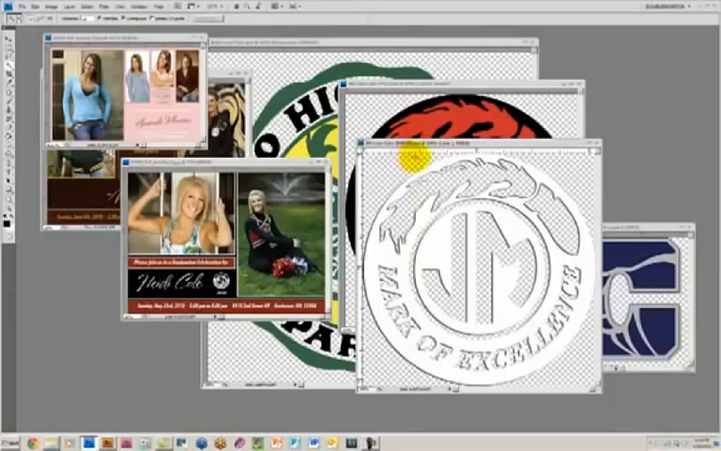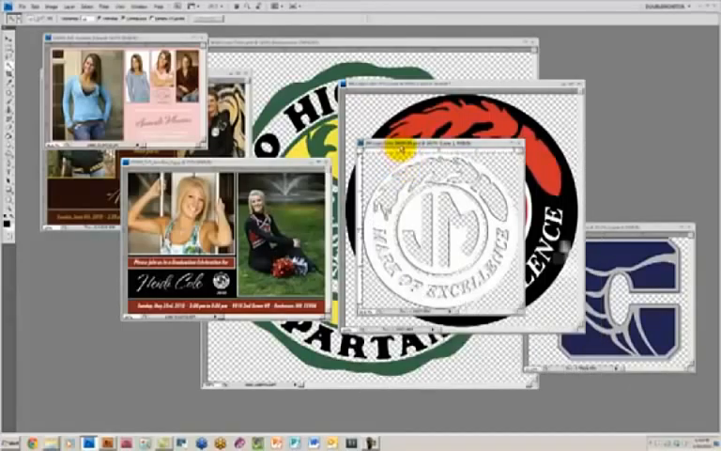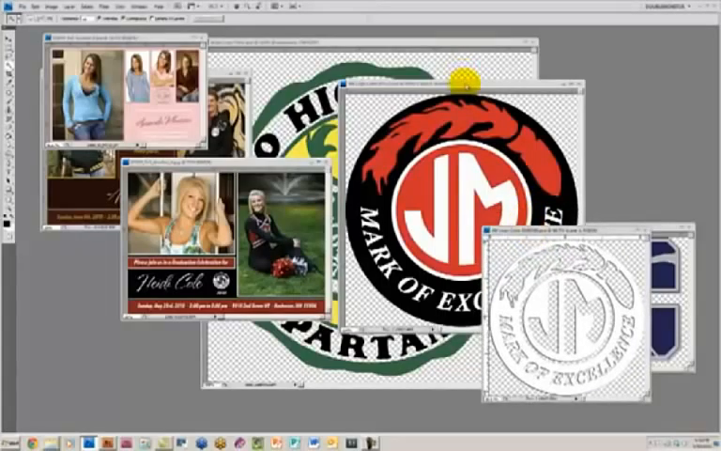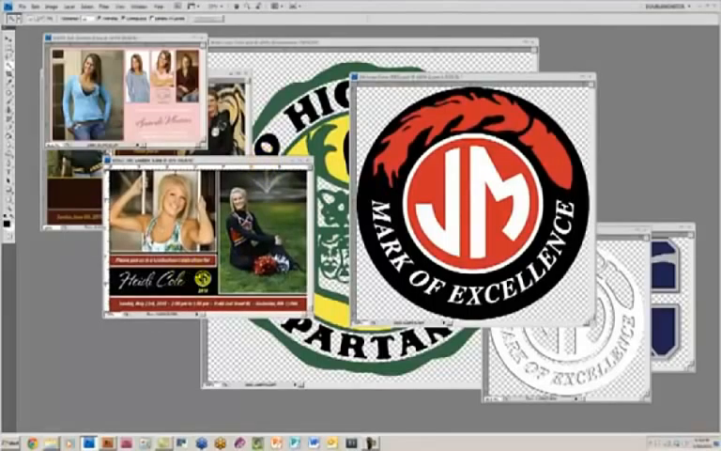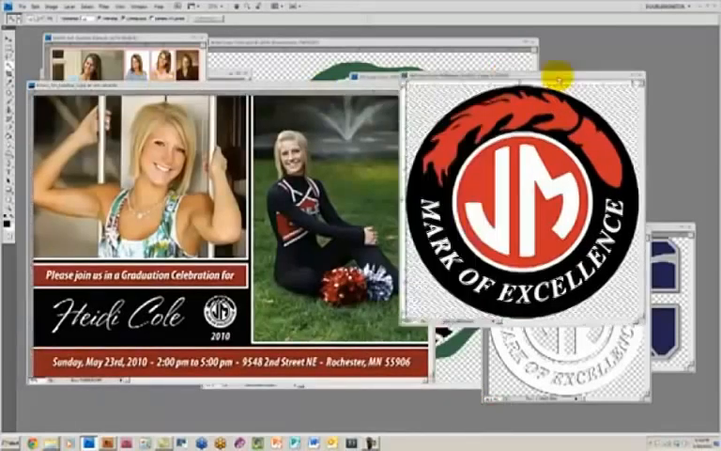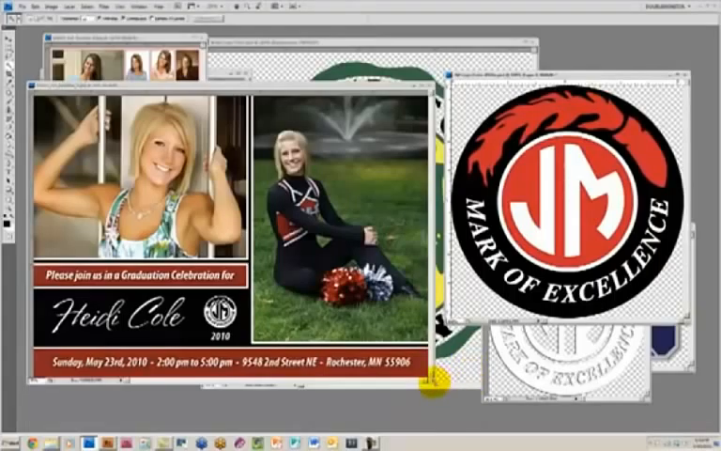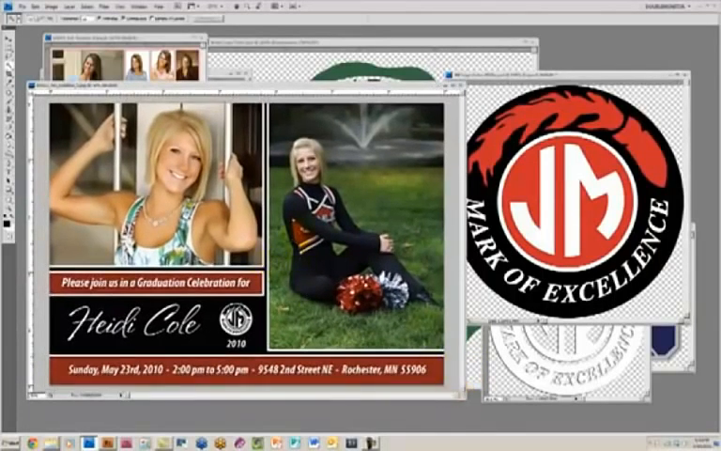The reason that I make these is that, for instance, this is the John Marshall logo here, and there's the John Marshall logo as it typically appears. Now, on this invitation, it probably would have been fine because the colors were red and black, although on this invitation, while this red in the logo is obviously their school color,